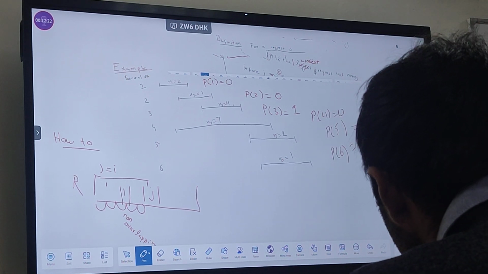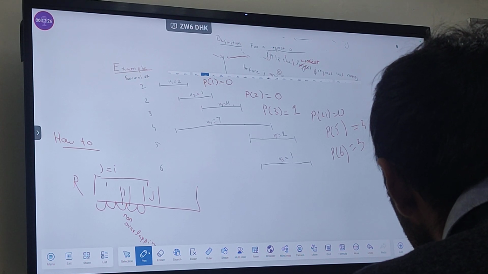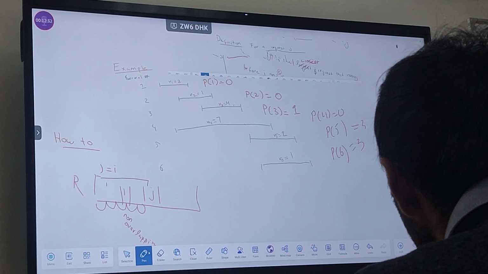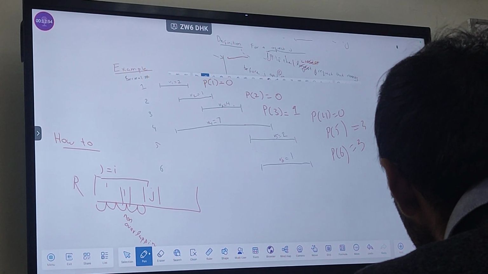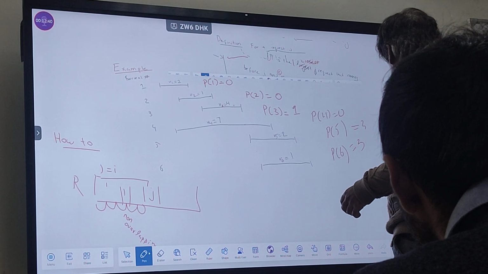So what will be the root node of the recursion tree? Opt of 6. And what will be the two branches? 3 and 5. Very good. So let's just start with that.